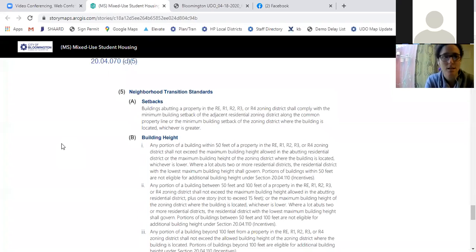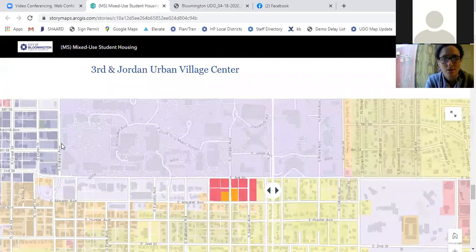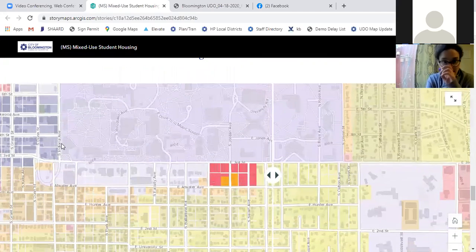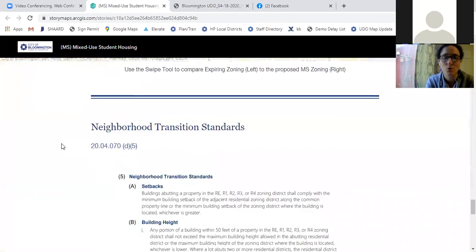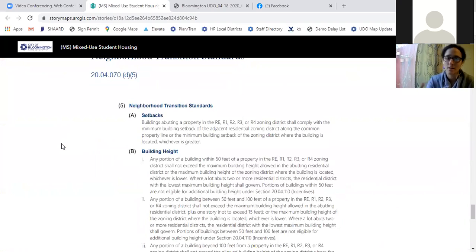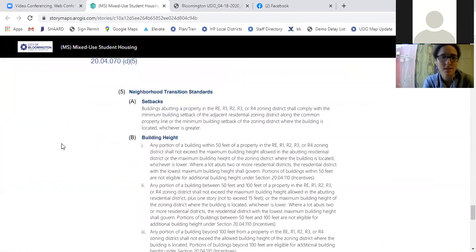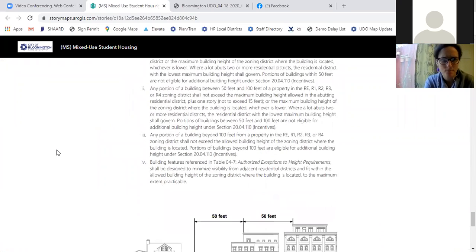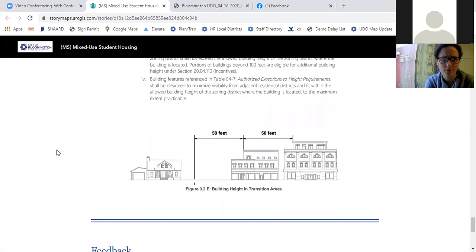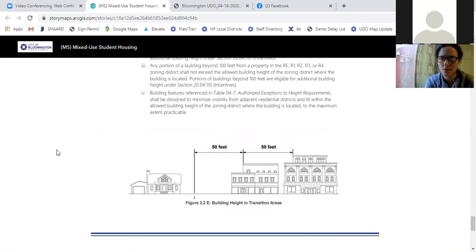on 2 sides. Let's look at it again. Yeah, so to the south and to the east, there is some R3. And so those immediate neighbors would then have that extra protection for large buildings that could be built in the MS district, which would have to still meet this requirement. And so then there's an example drawing that we got from the Unified Development